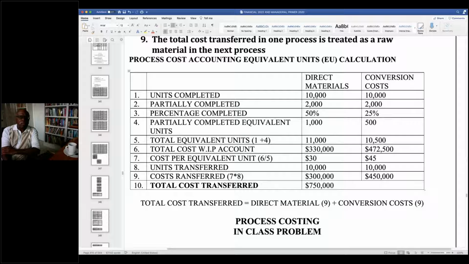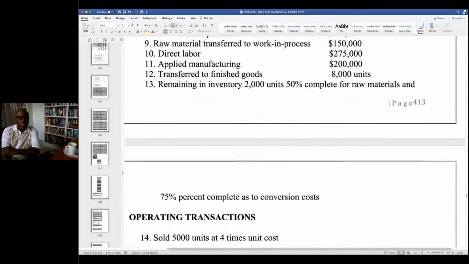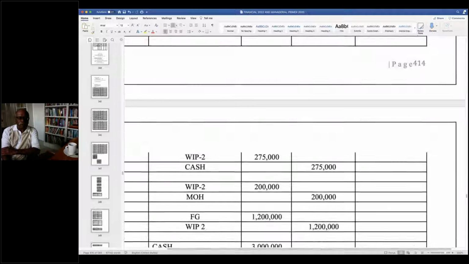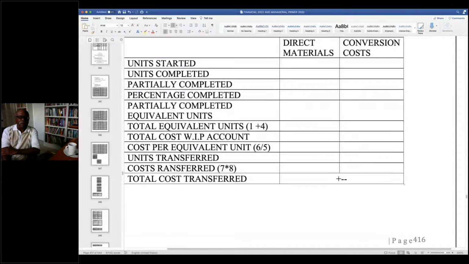We're going to transfer out a portion of the raw materials, and we're going to transfer out a portion of the conversion costs. A portion of the raw materials remain, and a portion of the conversion costs remain also. And so you all had, and we did an in-class problem on this. And as we work through the in-class problem,